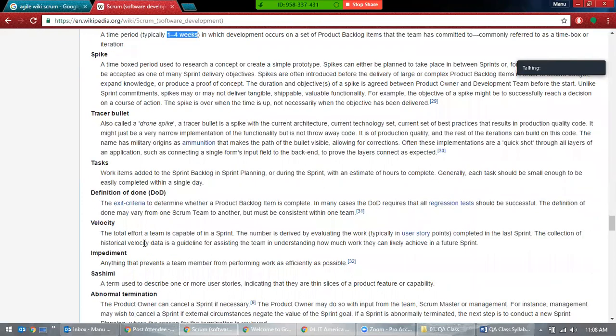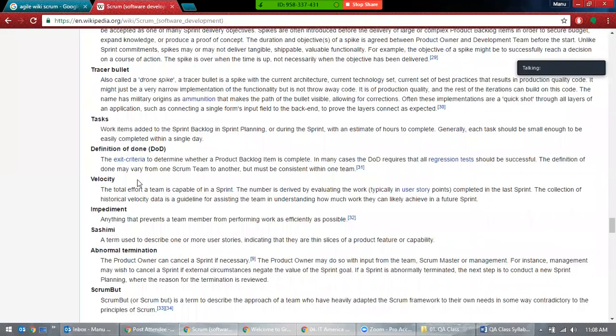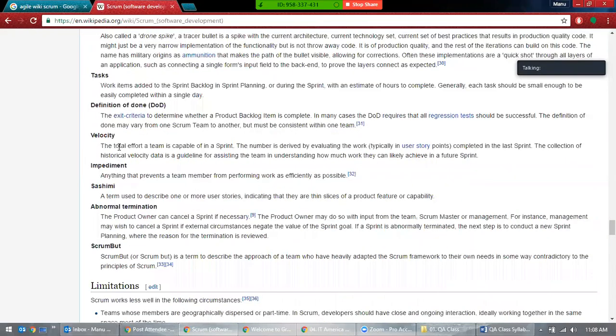And there are more; they just keep increasing. You have one more stack: impediment. In the waterfall methodology you call them defects, here you call them impediments. An impediment is something which is stopping you from doing the work. It might be an issue, a defect, an application issue, or coordination; it's anything. That's called an impediment. Anything which prevents you from doing your work is called an impediment.